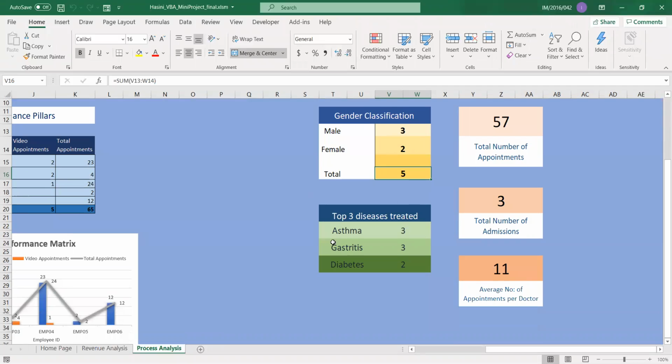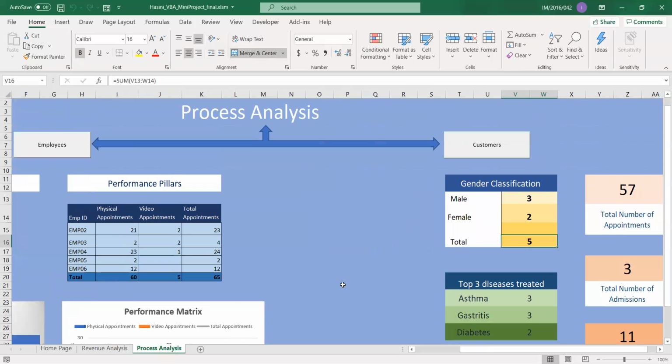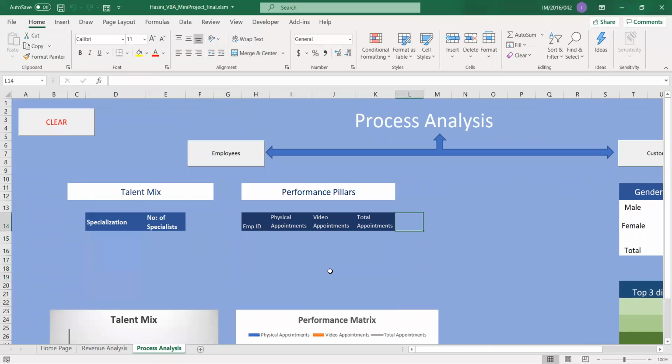And here in the system, there was also a portal where the doctor could write the prescription diagnosing the disease of the patient. Using that information, I have generated the top 3 diseases the medical center has treated: asthma, gastritis, and diabetes, recording 3 cases for asthma and gastritis and 2 cases for diabetes. So this portal also can be cleared out for your convenience,